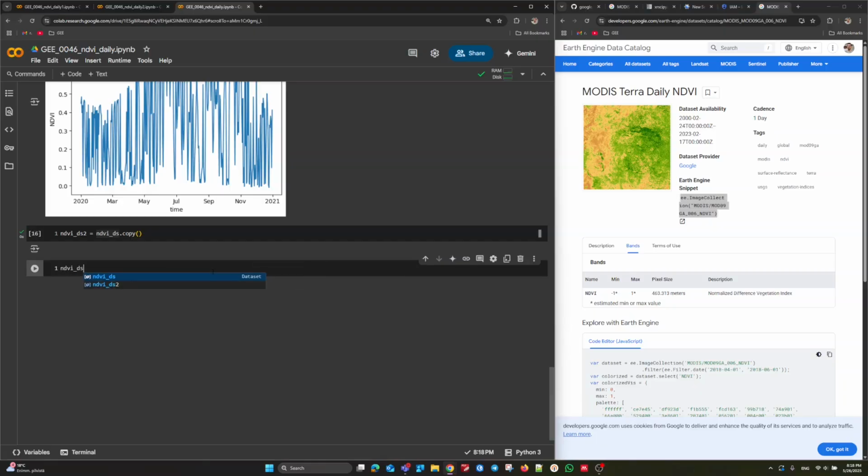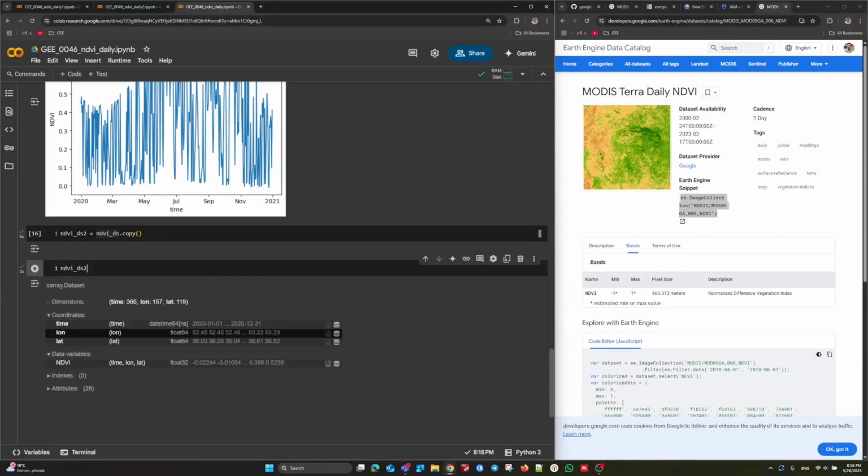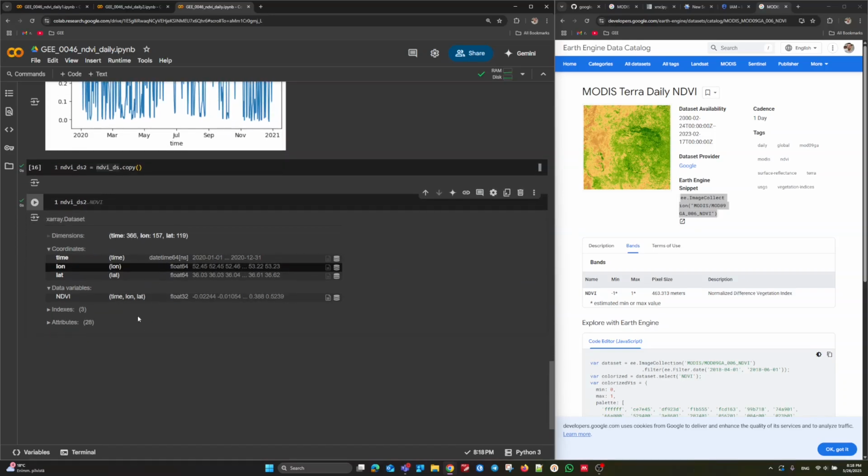Okay, here you can check it out. NDVI DS and NDVI DS2. Everything is the same in these datasets. Okay, in the next step, we need to change the time dimension, or we need to replace the time with numbers. So, how to do this? First of all, we need to save the time dimension data into a single variable. NDVI time is set to